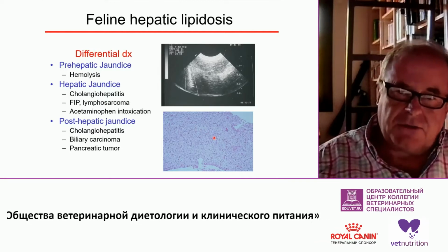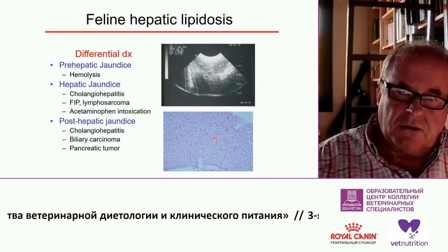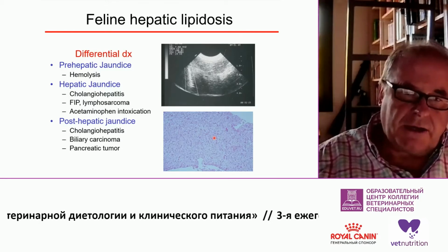If you cannot do a biopsy, you can also do what we call a fine needle